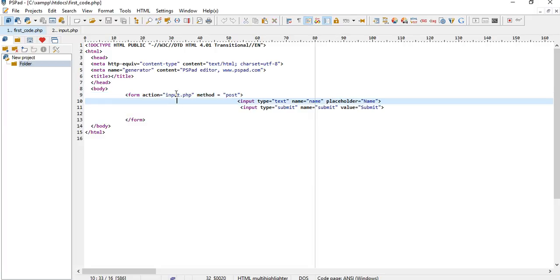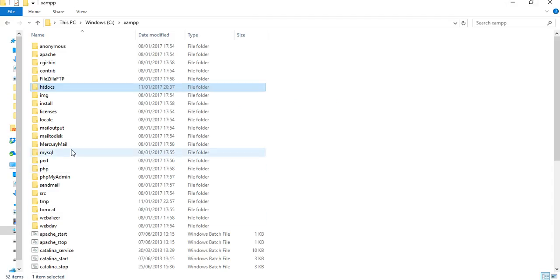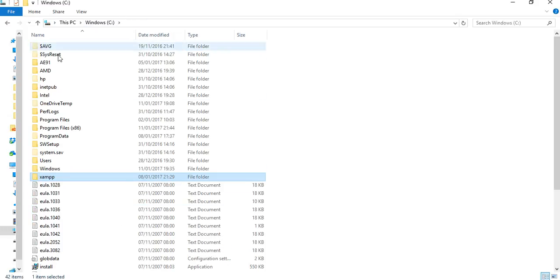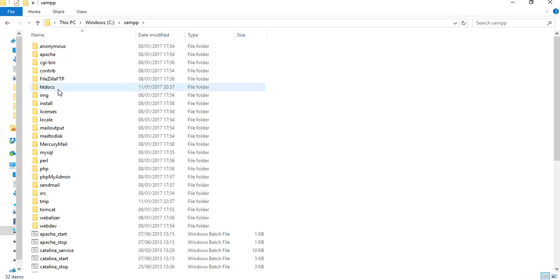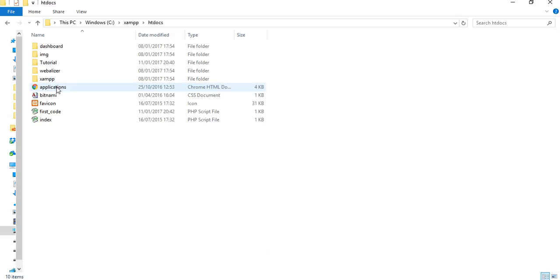It goes to its directory, which is in C, because I've installed my XAMPP in C. You need to go to xampp, then in xampp you will go to htdocs, because all of your projects, if you make a project like Facebook, will be over here in this htdocs. Now in htdocs you can make lots of